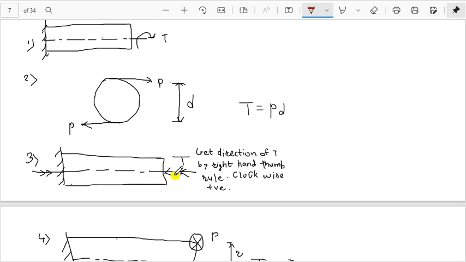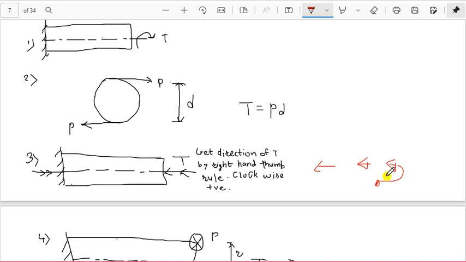The direction of arrow, we should put our thumb in the direction of arrows, so the remaining fingers of a right hand will guide you to identify the clockwise or anti-clockwise direction. Provided if you are putting your thumb in this direction, then you should consider yourself looking towards this side, not perpendicular to the screen. You should come and look from this side.